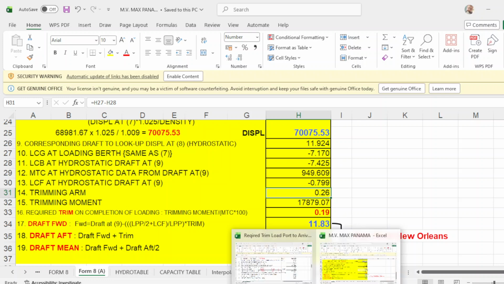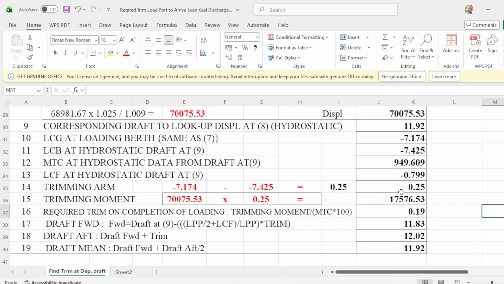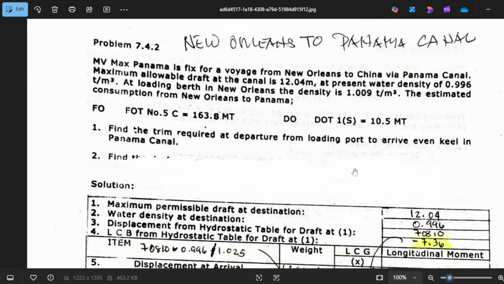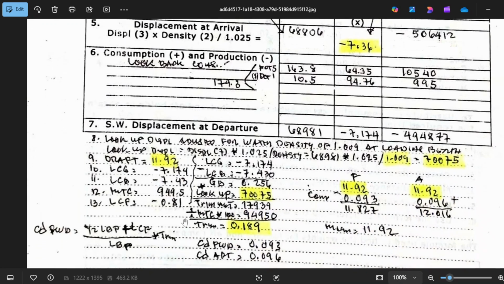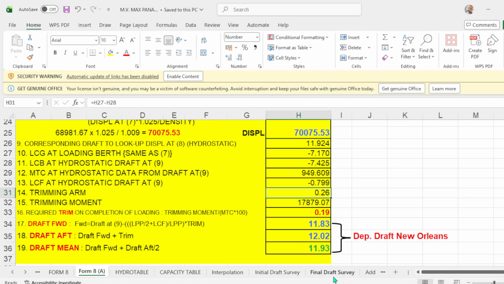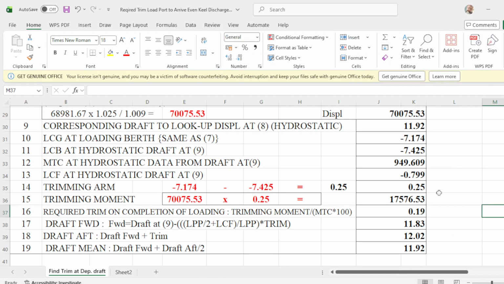But the manual says 0.25, and this one is 0.256. Okay, so almost 26. But anyway, okay, that's 0.26. The program says 26. Manual says 25. Anyway,